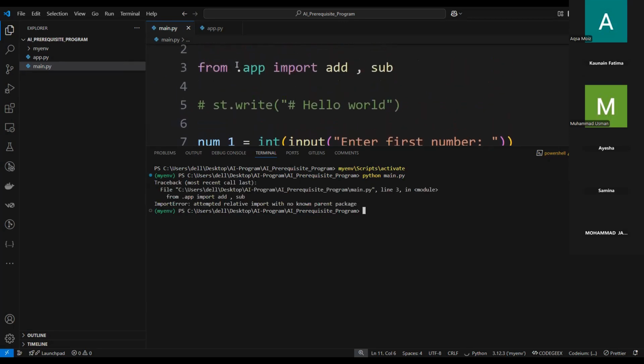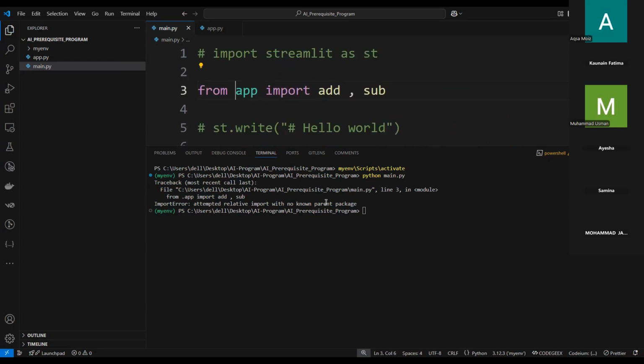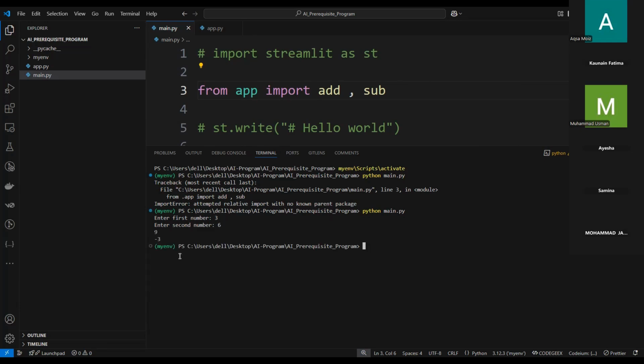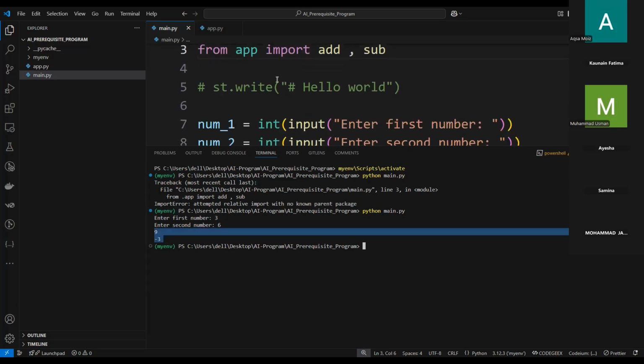इंपोर्ट, अच्छा चलो एक काम करते हैं, इसको डॉट हटा देते हैं, वैसे ही डॉट लगाना पड़ता है। एंटर फर्स्ट नंबर 1 आ गया, चलो मैं 3 लिख देती हूँ ताकि क्लियर हो सके। और एंटर सेकंड नंबर 6। अगर 3 + 6 करेंगे तो क्या आंसर आना चाहिए? 9। और 3 - 6 करेंगे तो क्या आंसर आना चाहिए? -3। एंटर, देखो आ गया।